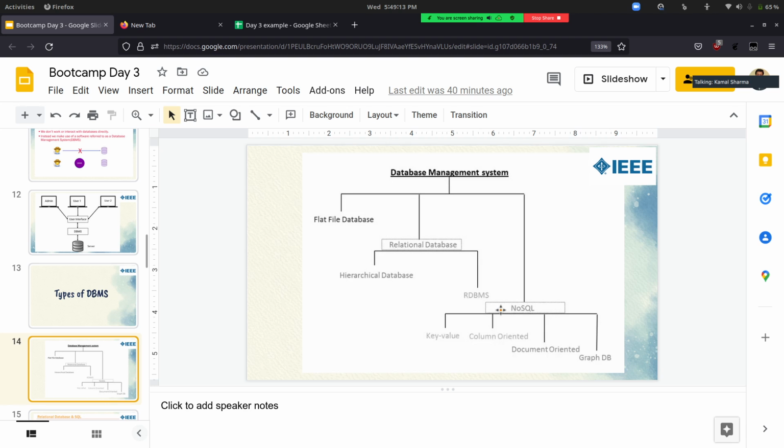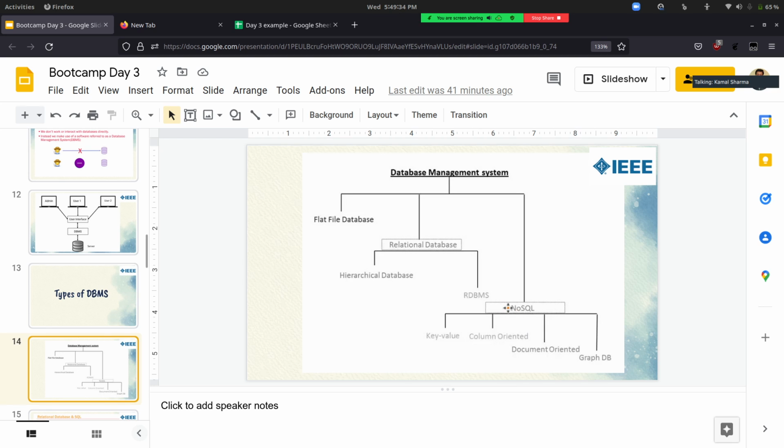And next we have NoSQL. NoSQL means we are not using the SQL language. No, that's a different concept. In a relational database we'll be using SQL, but just because you see NoSQL, it doesn't mean that we are not using SQL over here. NoSQL also supports SQL.